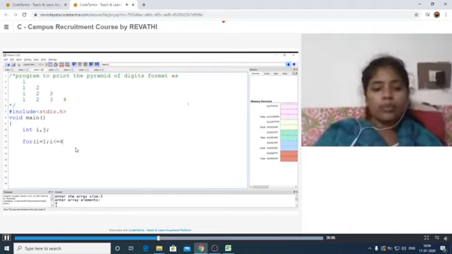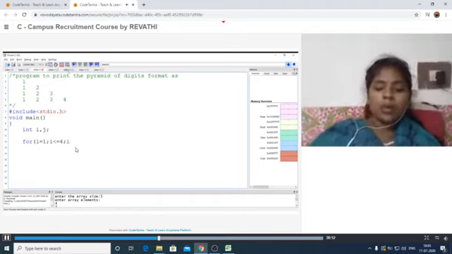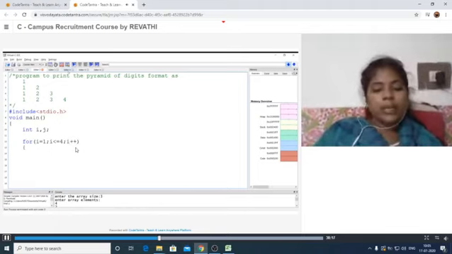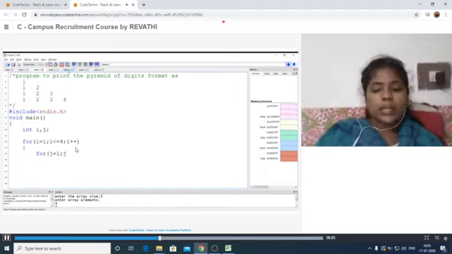Here I am providing the maximum number of rows to be printed, that is 4 only. Now i plus plus. After that, I am taking another for loop, j is equal to 1, j less than or equal to i, j plus plus.